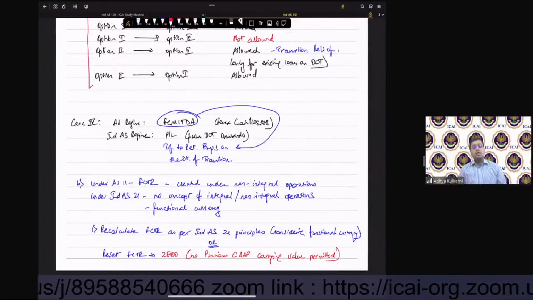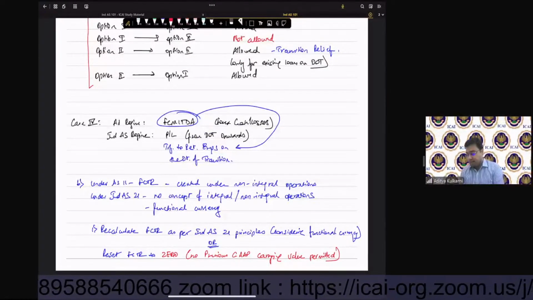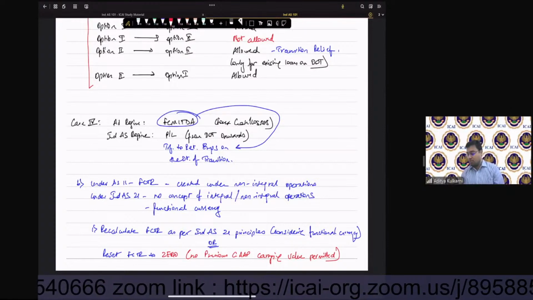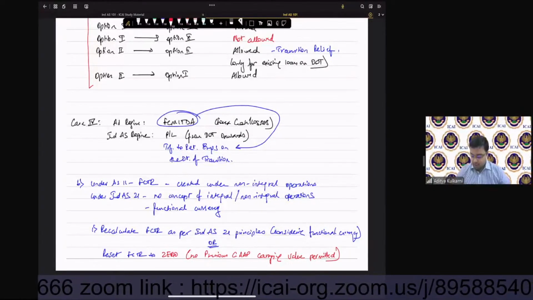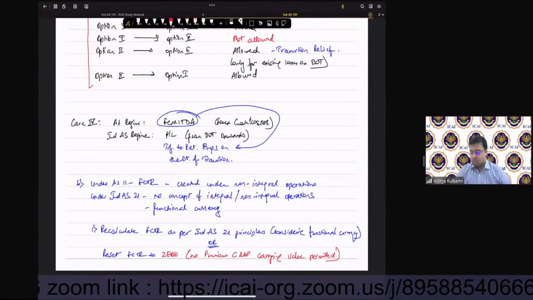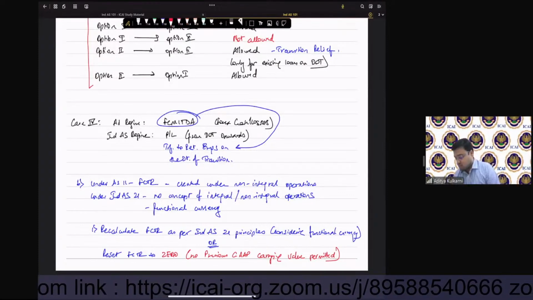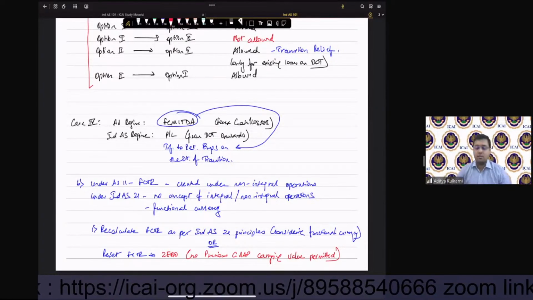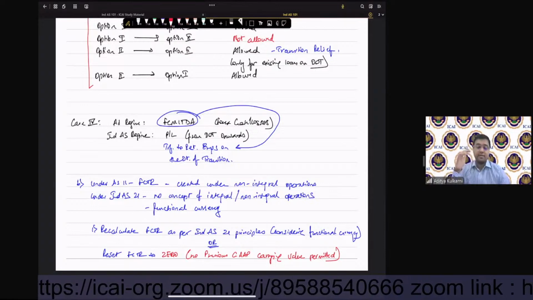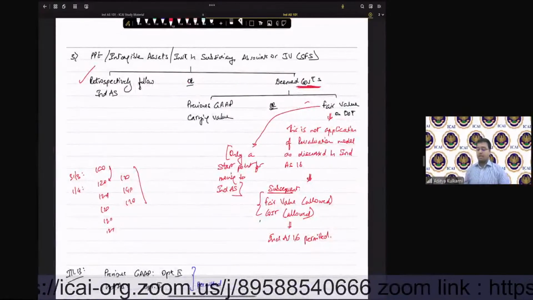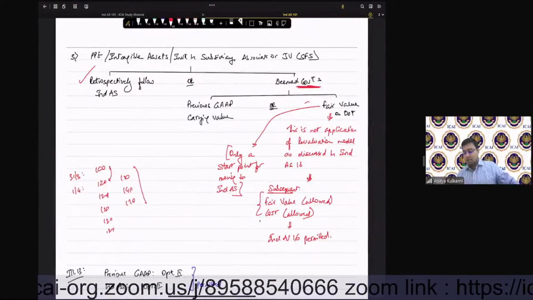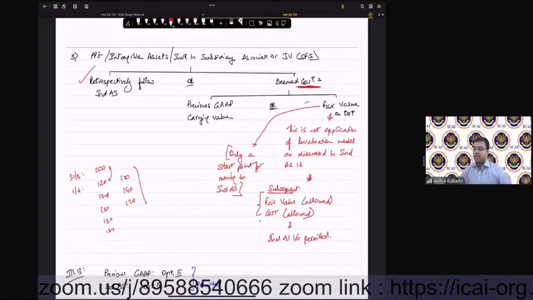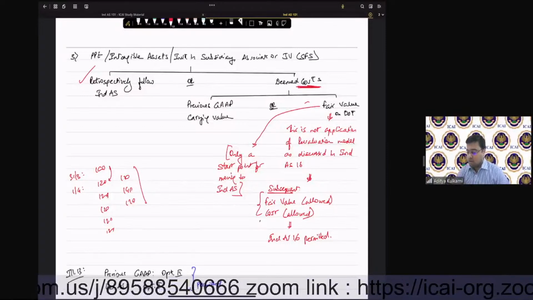Okay. Now, suppose I have an FCMITDA balance. What do I do with that? You cannot put it as it is. So, you will have to reset it to 0. You cannot carry forward the values from previous GAAP as it is. Okay. All right. Now, the next one, coming to intangible assets, property, plant, equipment,